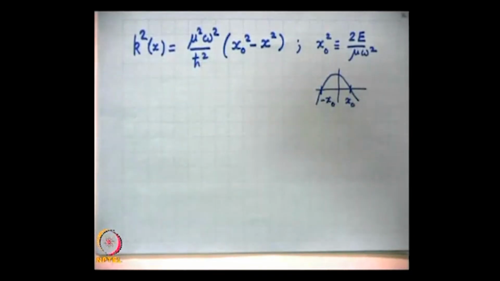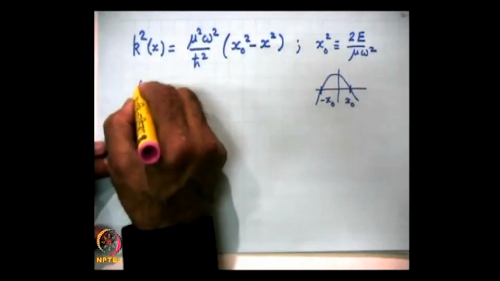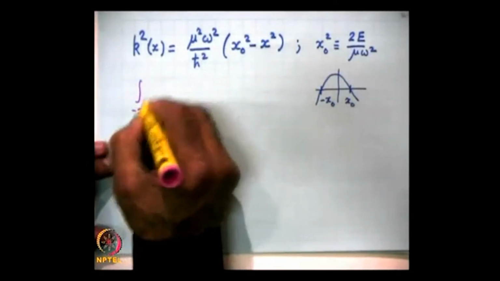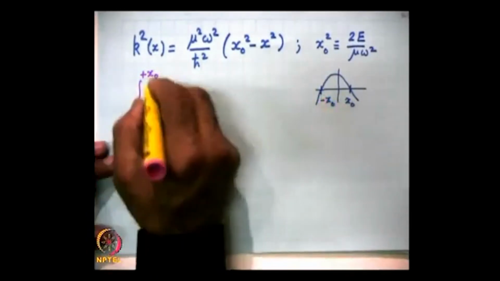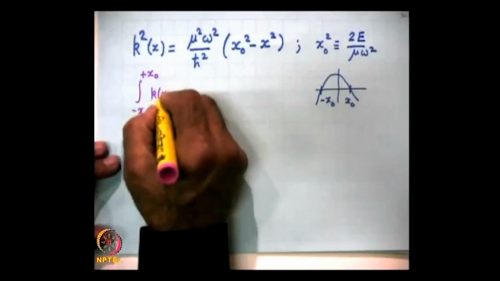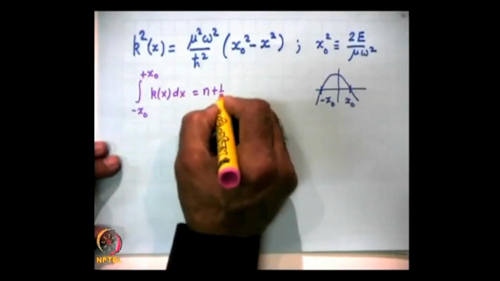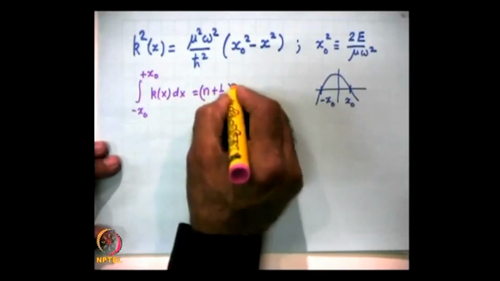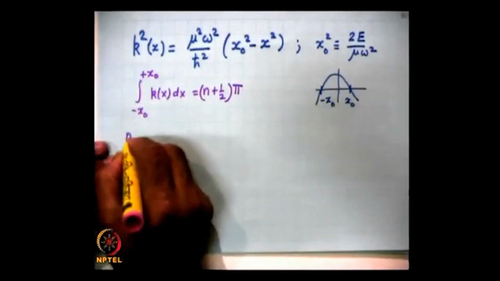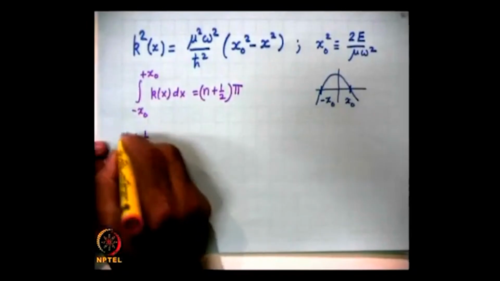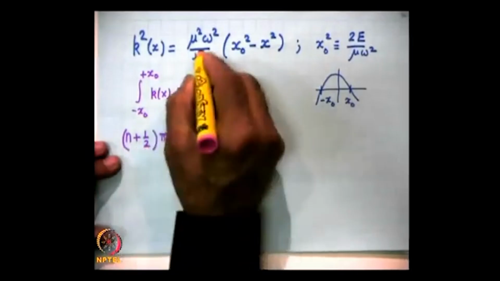So, the eigenvalue equation will be from minus x naught to plus x naught, because those are the turning points, integral of k of x dx is equal to n plus half pi. Let me write the right hand side in the left hand side. So, n plus half pi is equal to the integral of k of x,